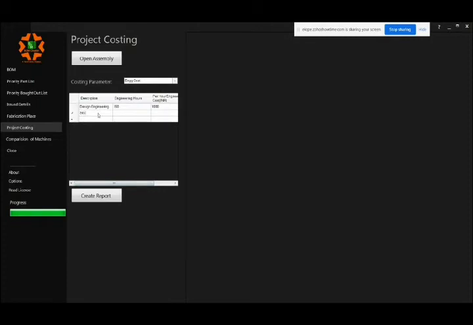Say I need to do some kind of structural calculation. That's a 50 hours job, and my engineering charges are say 2,500 rupees per hour, right? So that covers it. If you want to add any other engineering parameter, you can just quickly add it.